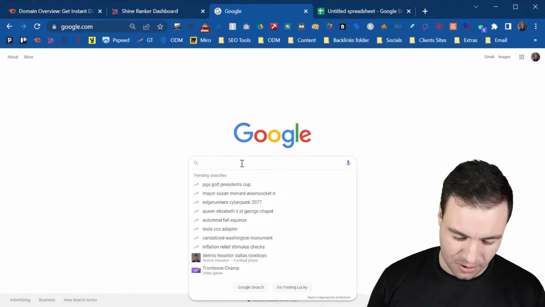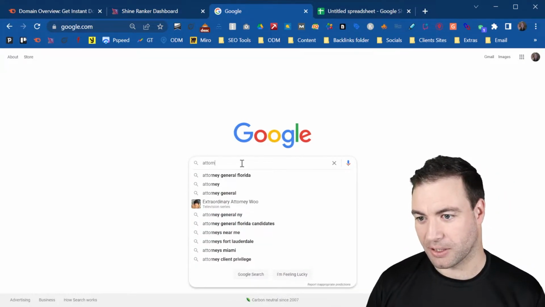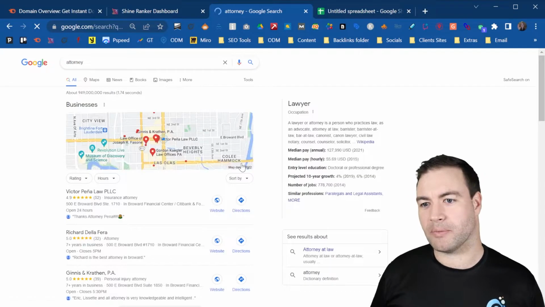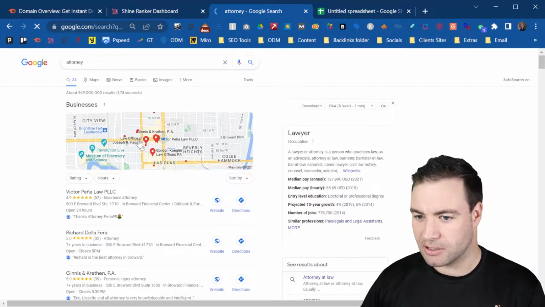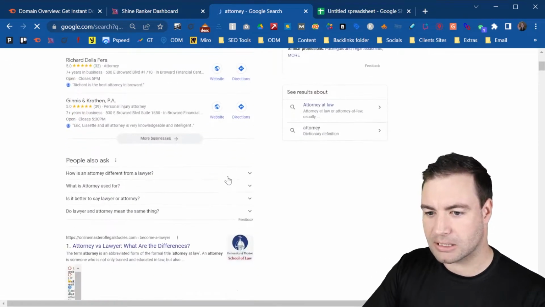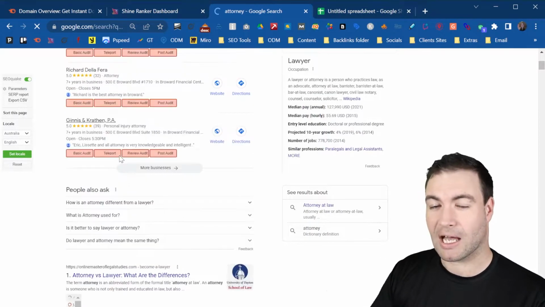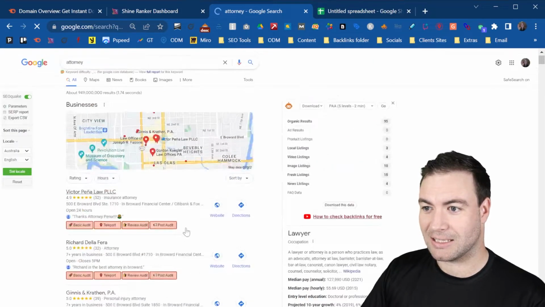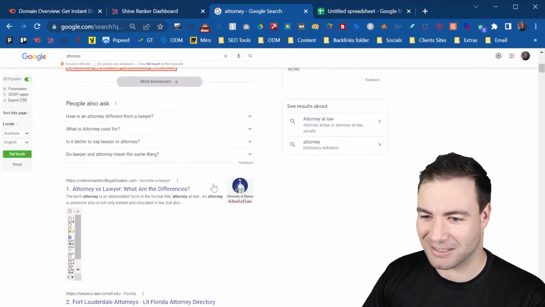So back to the attorney example. If I was to be like, okay, attorney, let's just do attorney. Let's see what comes up. Let's have a little bit of research. So we can just start to see the people also ask. Another great place to have a look, but I'll cover some sneaky little tips and tricks about a plugin that'll